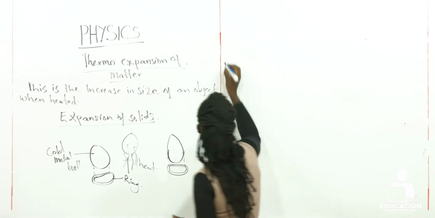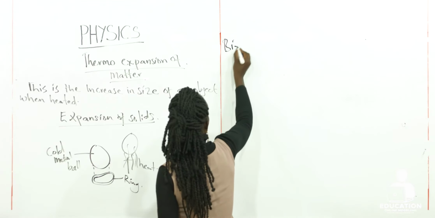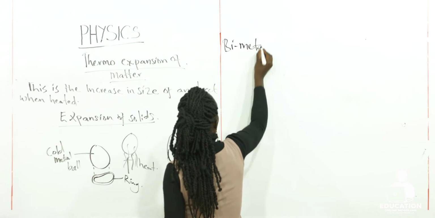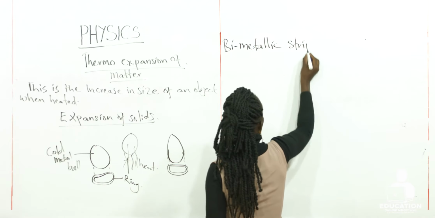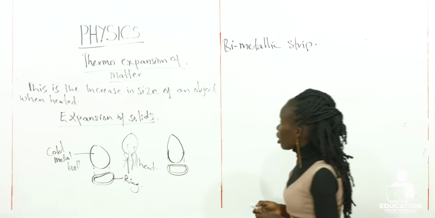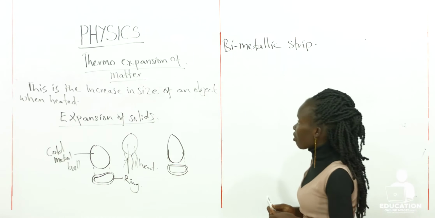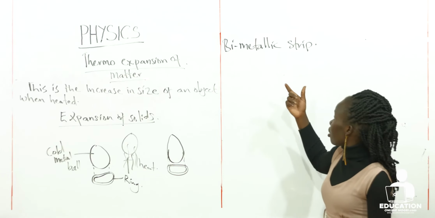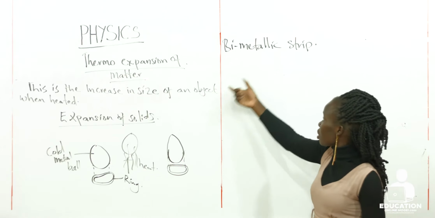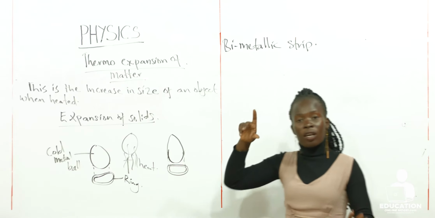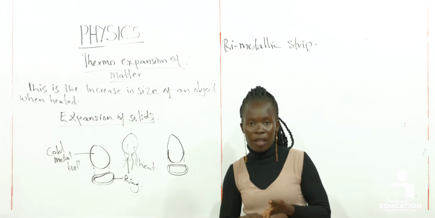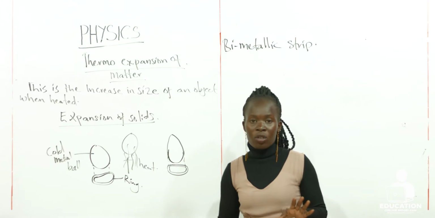We have the bimetallic strip. This is all to check the expansion of matter, the thermal expansion. So with the bimetallic strip, you can also check the effect, where you have to combine two materials together. These materials should not be